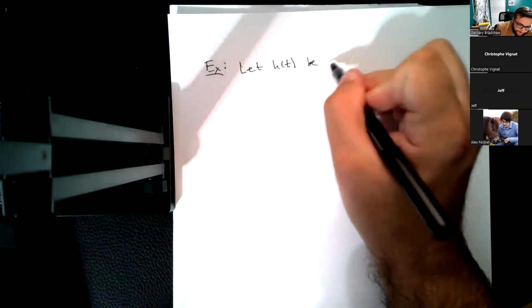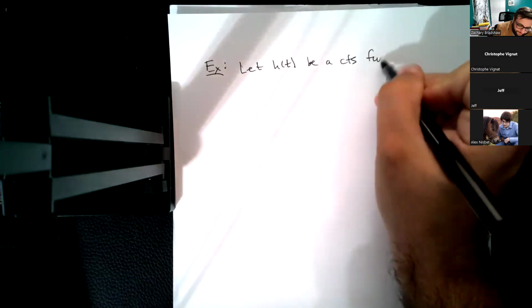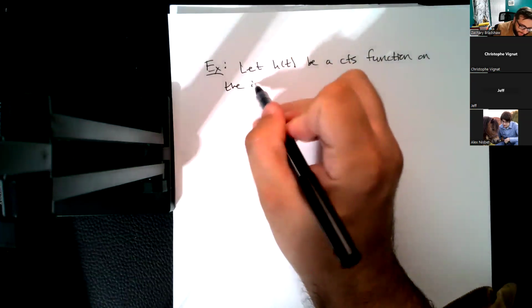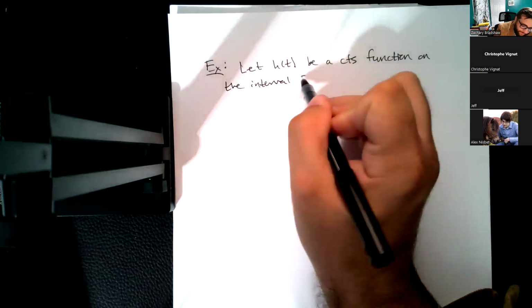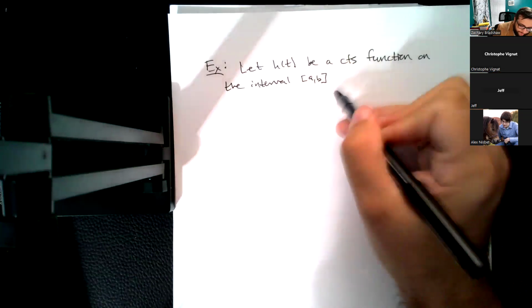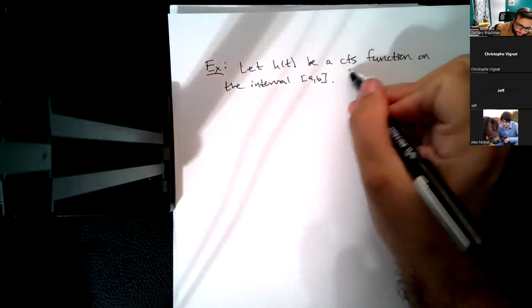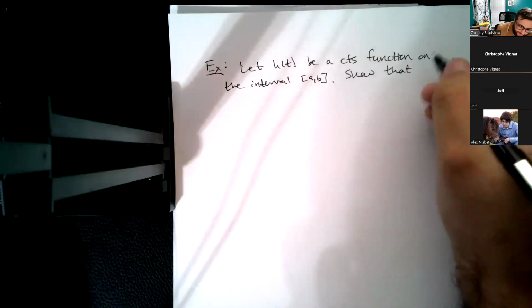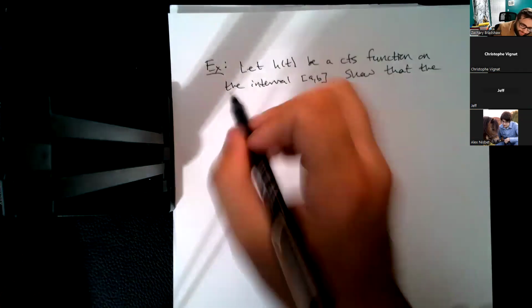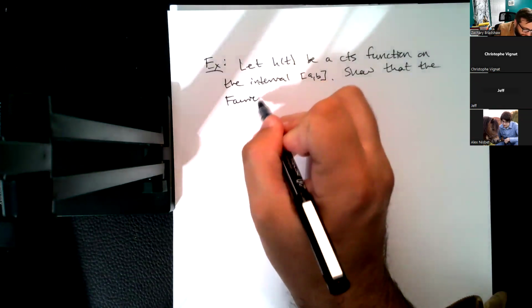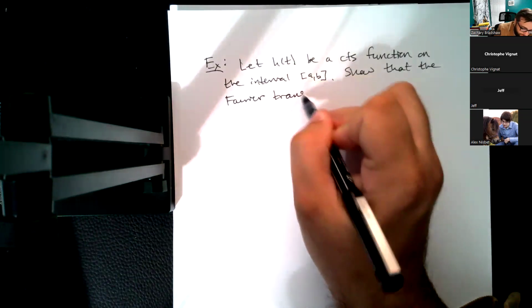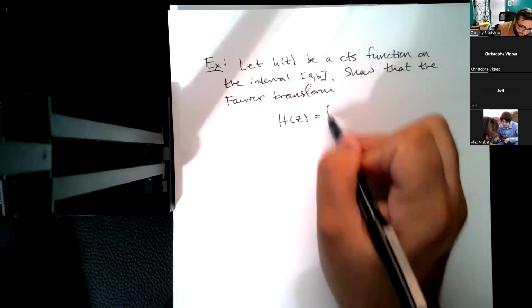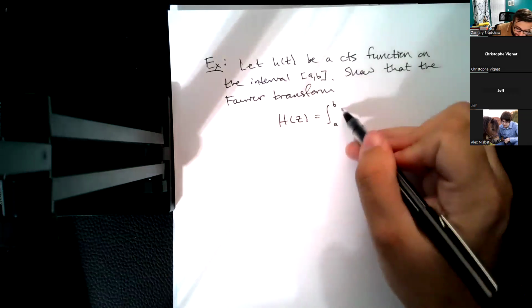Let h be a continuous function on the interval a to b. This is an exercise in Gamelin's book: show that the Fourier transform, so we're doing a finite Fourier transform here,